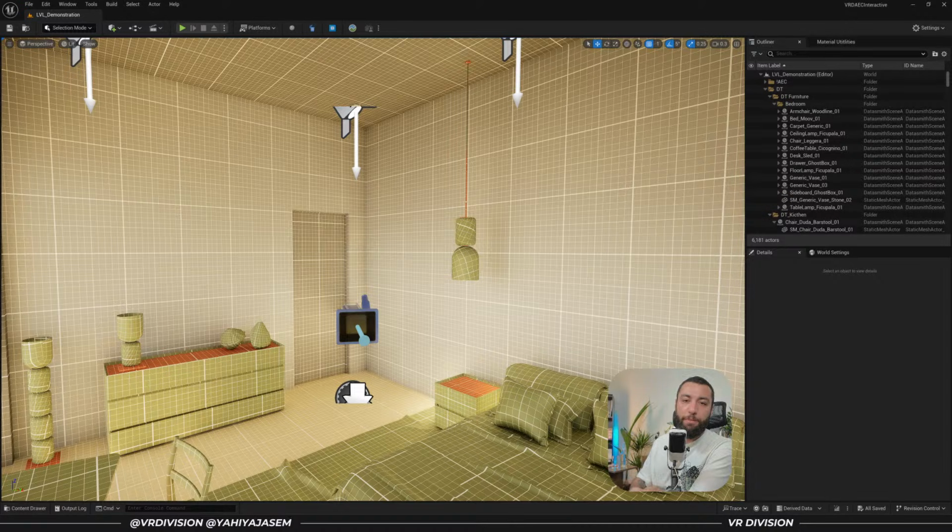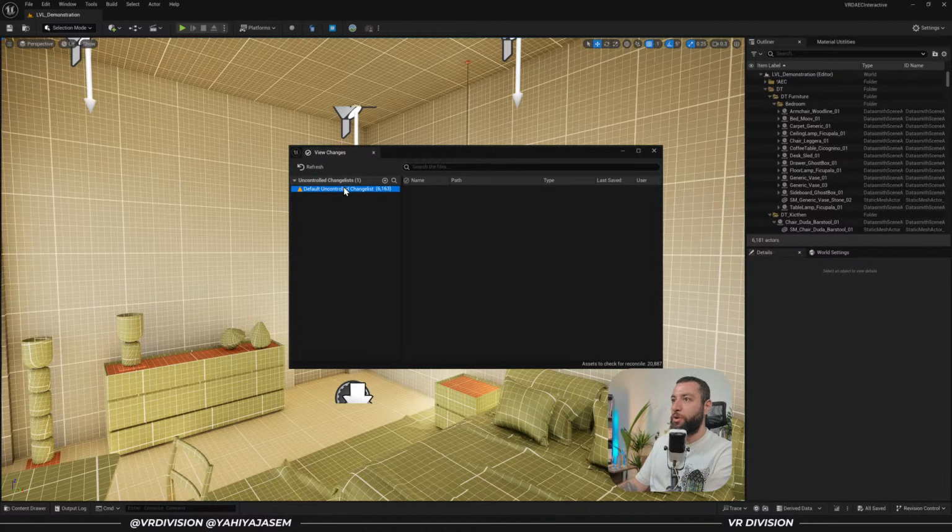So if you're familiar with Perforce or source control in general, here in Unreal Engine in the corner we have revision control. I don't have the Perforce plugin installed on Unreal Engine, but there is also a plugin. It allows you to sync your project to the cloud and to collaborate with team members without overriding each other's files, which is very important. So here I have no changes, no Git, but